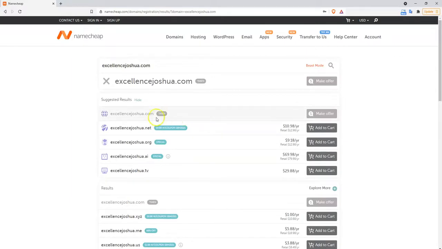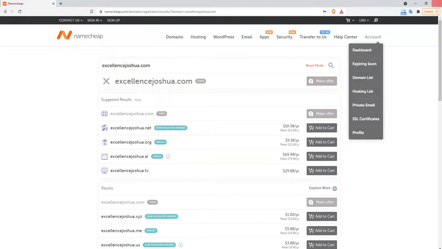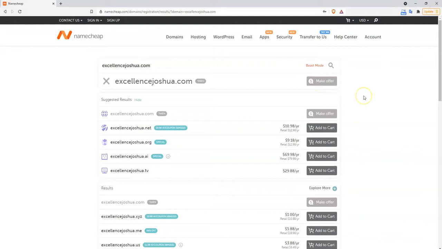Okay, so you see, taken. I told you it's taken because it's my name. So if I want to buy it from someone, I can make an offer, send them an amount, and if they get the offer, they might say, okay, fine, I want to sell it to you, or no, I'll take this amount. So you can actually make an offer to whoever owns the domain. However, they're letting me know that there's .net, .org, .ai, .tv. And I need you to know that